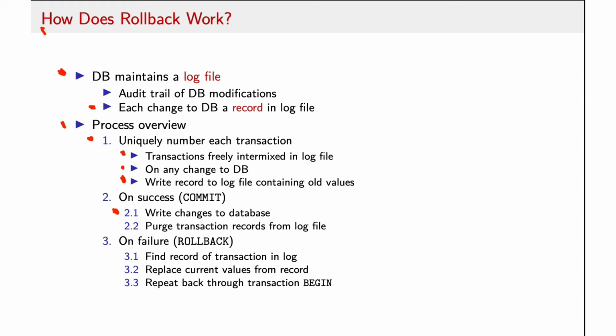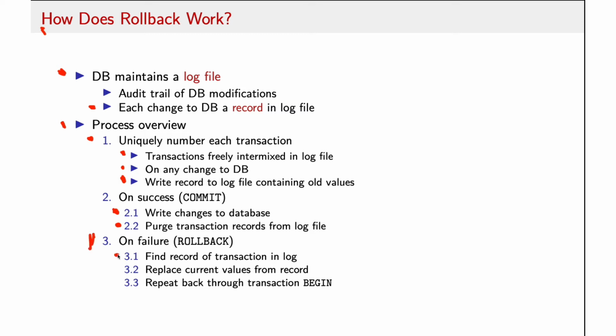write those changes to the database proper, and then it will go and throw away the transaction records from the log file, right? So all of the audit trail of the behavior of that transaction is no longer relevant. It can get rid of those things from the log file because the changes are now persistent and permanent in the database records themselves. On the other hand, if the transaction completes with a rollback, what we're going to do